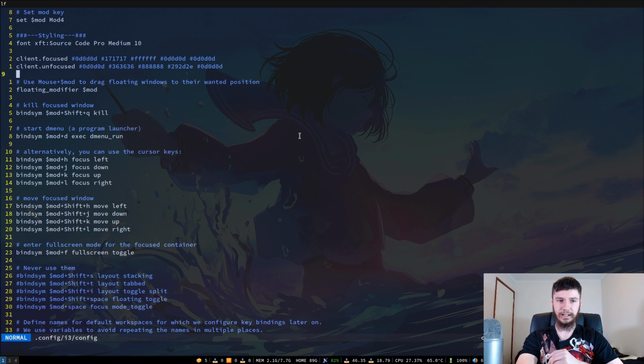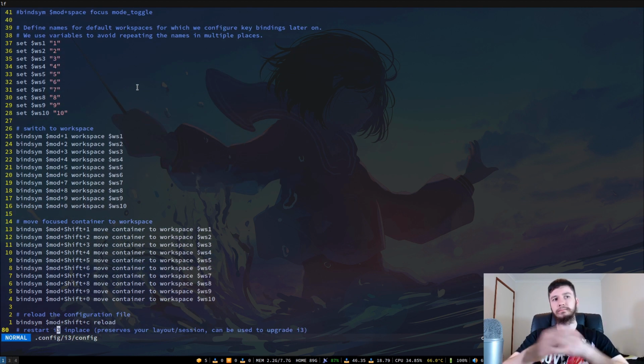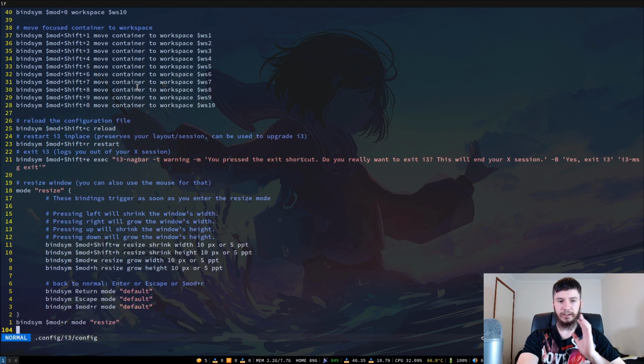So here's just setting the colors for my focused and unfocused window borders. I don't really use floating stuff. We've got a key in here to just kill my window. D menu, just in case there's a program that I want to open up that I don't have in my program list. And then just basic movement keys, toggling full screen, nothing too special in here. My different workspaces, my movement between the workspaces, moving screens between the workspaces, reloading my config, and then resizing the